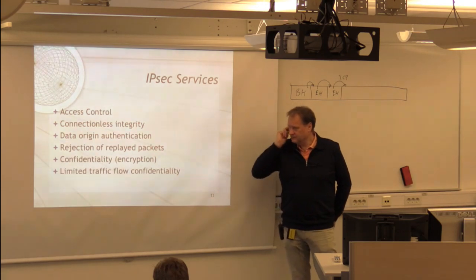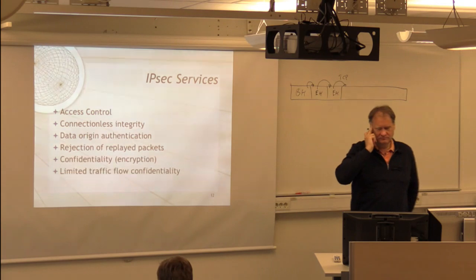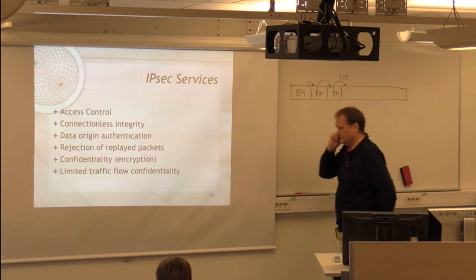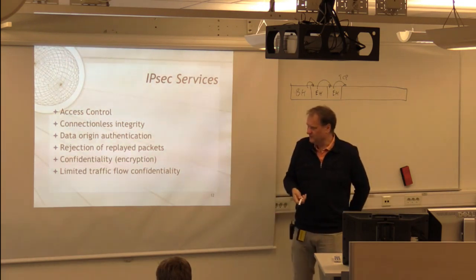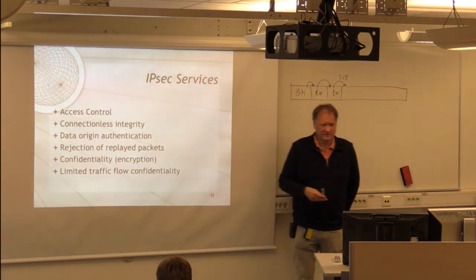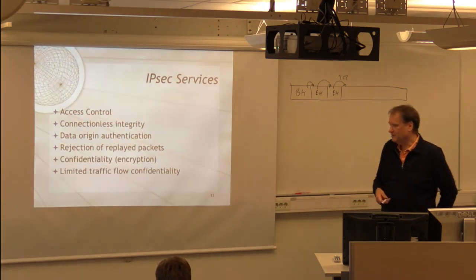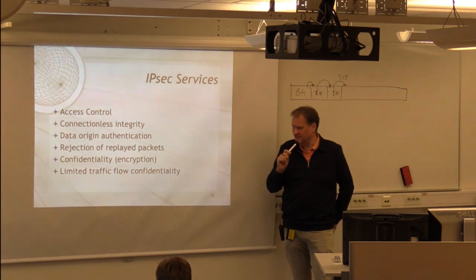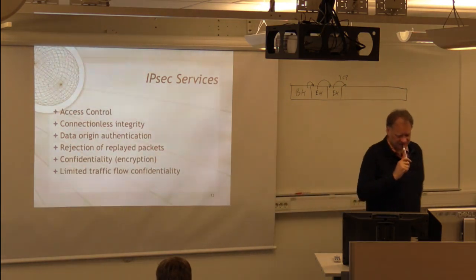We get authentication. We can know who created or sent a packet. So data origin authentication. Well, especially rejection of replayed packets. Confidentiality, of course, a main service if we encrypt the information. And also limited traffic flow confidentiality. And that is,